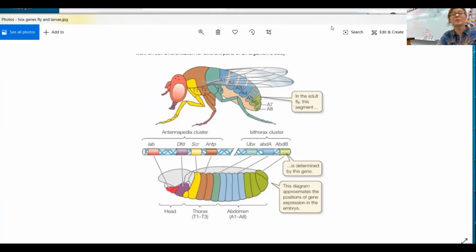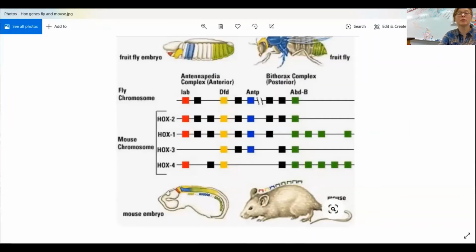Okay, so that's interesting. I want to show you something else. I'm going to pull another picture up from my pictures. I think I'm catching on to how to do this a little more quickly. So on the second part of your coloring, it's actually going to relate the fly and its larvae to a vertebrate, a mouse. And what we find is that we've got the same sequence.